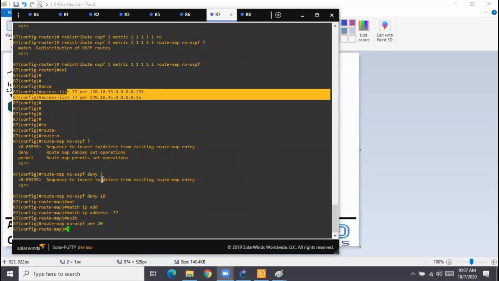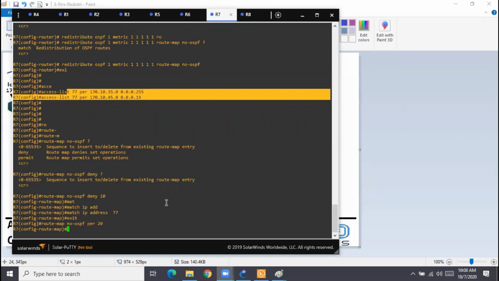It has its powers, permitting and deny, and it also has the same implicit deny in the end. If you begin any access list with deny, we always put a permit statement in the end. So same way, if you create any route map with deny, there should always be a permit statement in the end. If you don't specify the permit statement, it will get denied.